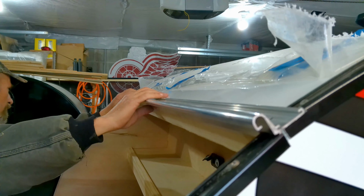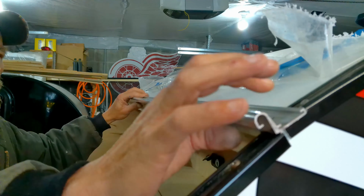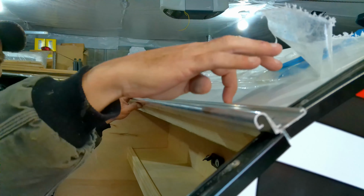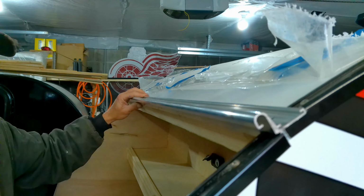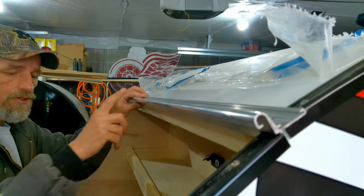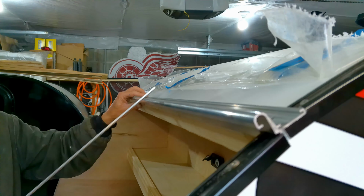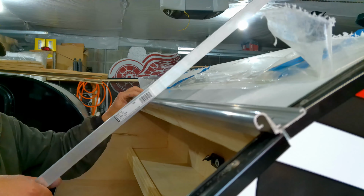Get it to fit the way it should. Okay? And then now that that is sitting flat on there, I only have an eighth of it, or about an eighth of an inch under here I've got to fill. This is an offset hinge, hurricane hinge. So what I do is I go to Lowe's and I buy an 1/8 inch piece of aluminum